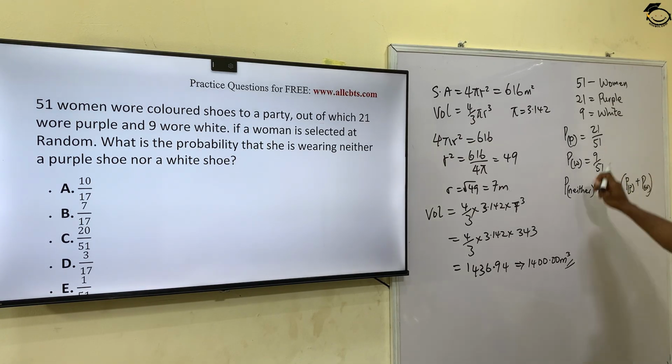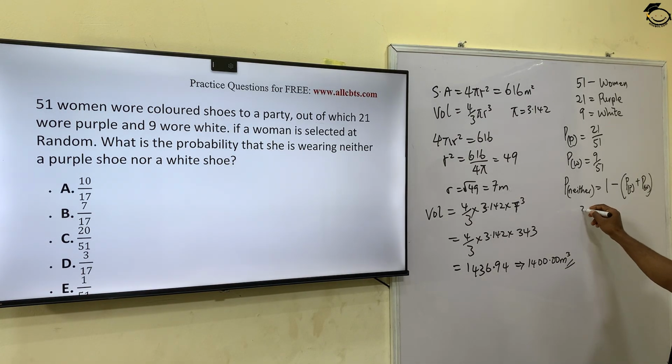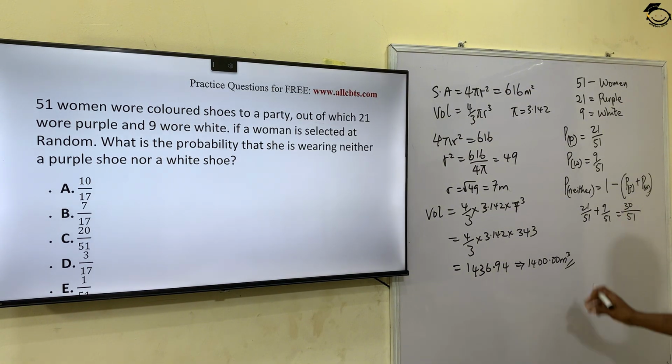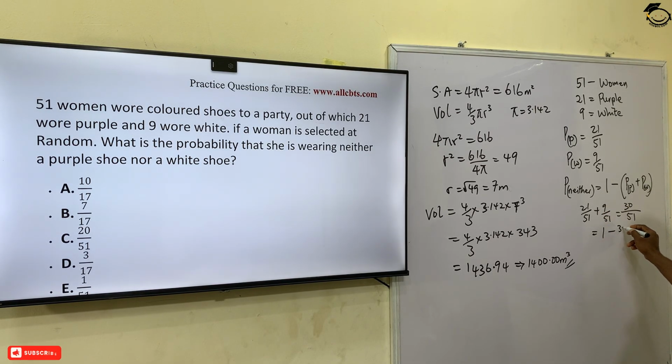Now, if we add up these two probabilities, we are having it as 21/51 plus 9/51 will give us 30/51. Okay? So having it as 30/51, our probability of neither will be 1 minus 30/51. LCM here will give us 51. So this will be 51 minus 30, which gives us